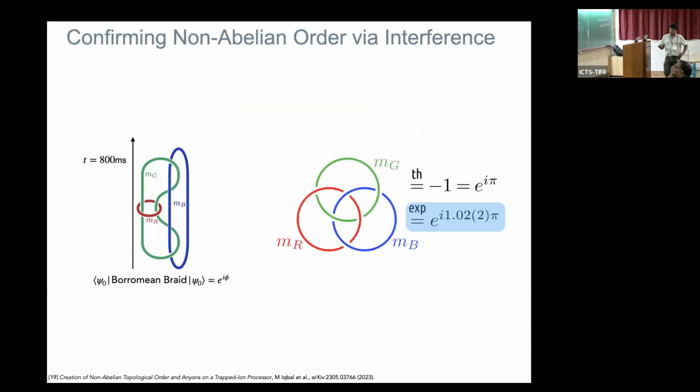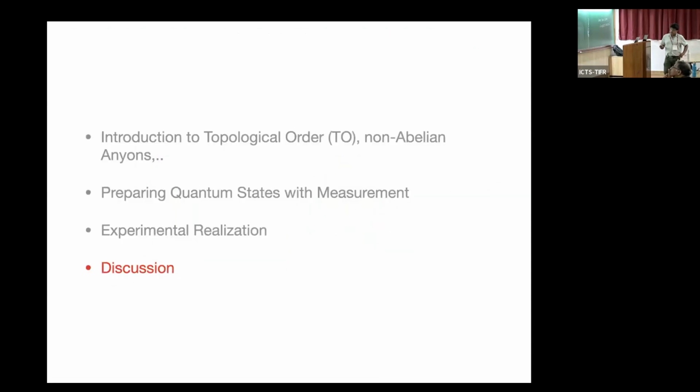And this is something that can be measured. I won't go into the details of how it's measured, but you expect -1, and the experimental value is something like this, which is pretty close to what we expect. Okay, so I'm almost out of time. So this, if you like, is another way to confirm non-abelian topological order, and that was really the hardest